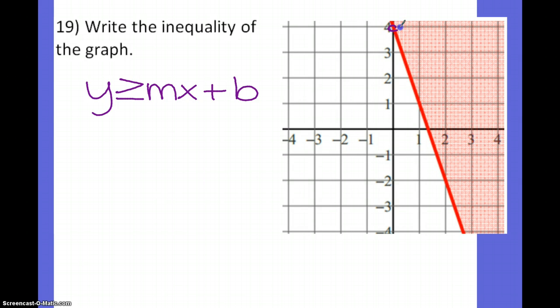And then the y-intercept, or the b number, is going to be a positive 4. That's where it hits the y-axis. And from here, if I go down from the line, the first point where it hits through the center of the grid is here. So going down how many over how many, that would be 3 over 1. Well, I could put down